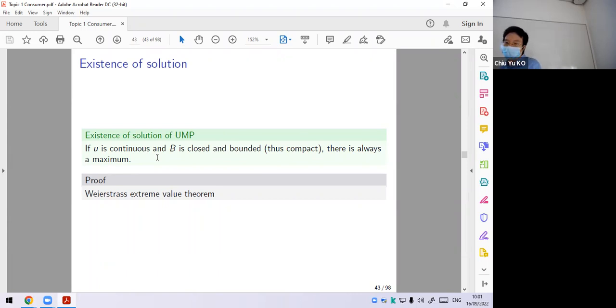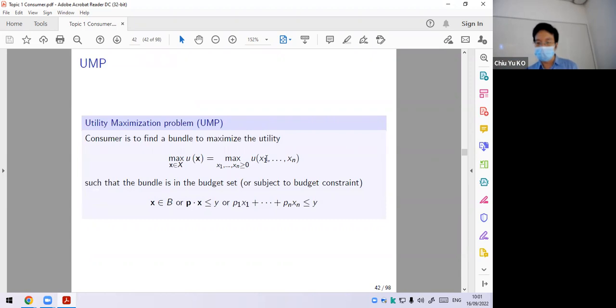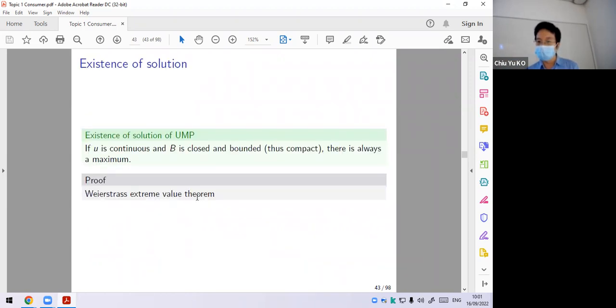Finding the solution is not usually easy, but how to guarantee this problem has a solution: U is continuous, and B is compact, actually bounded and closed. A compact set with a continuous objective function, you always have a solution. That is what we call a math